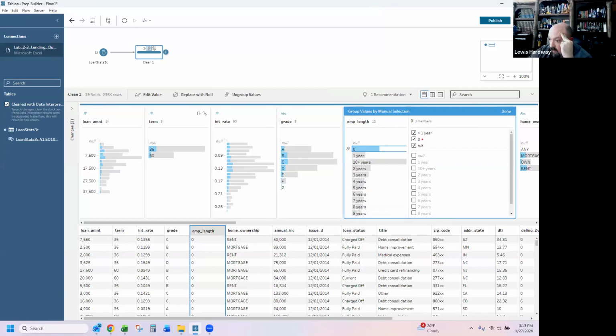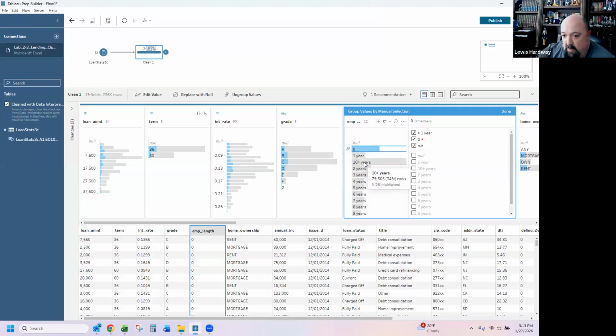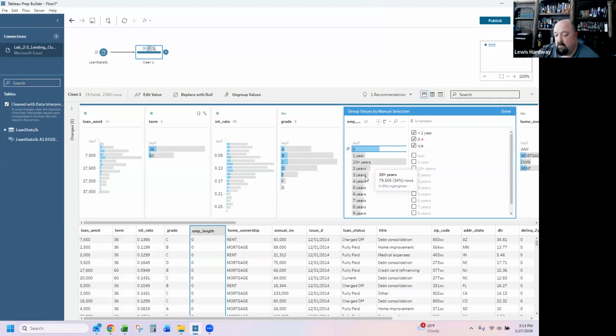And then while we're in the group values window, we could quickly replace all of the year values with single numbers. For example, 10 plus years becomes 10, or you can move to the next step to remove the extra characters and click done. So what it's saying is that we could go through and double click these, take out everything that's not just a number, and click off of it, and it would change it for us. If we don't do it that way,